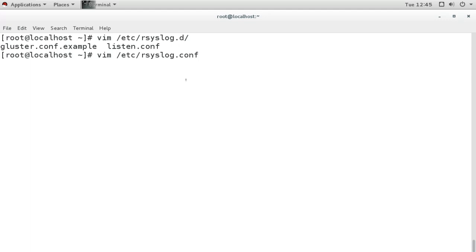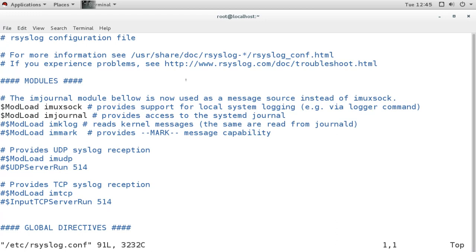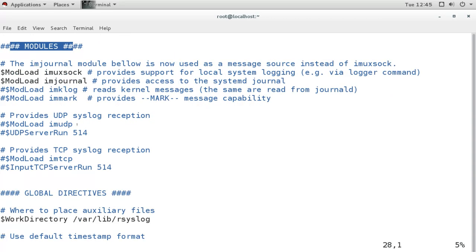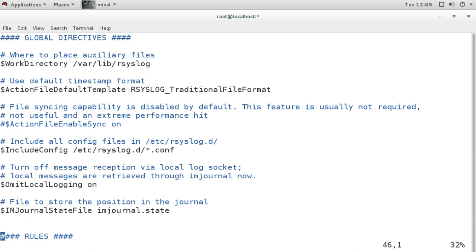If you see the main file, it has some configurations available, and the lines starting with a hash are comments. This is the modules section, where it is loading two modules for the journal. Then we have global directives, defining the working directory and how the timestamp is taken.